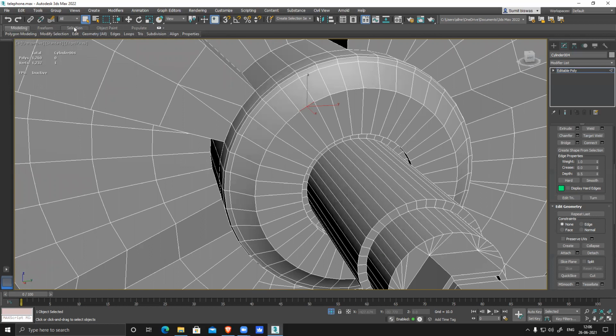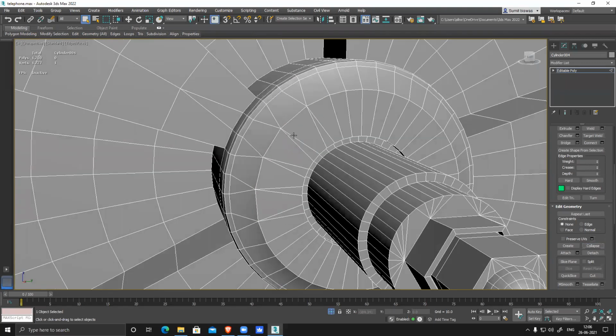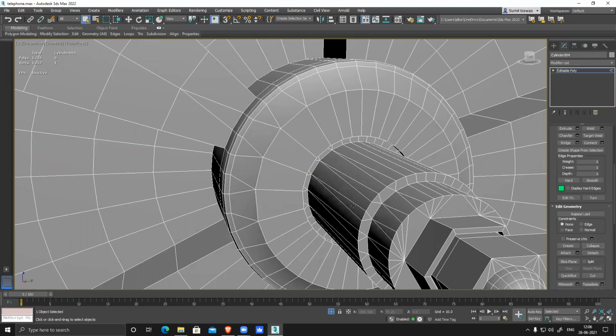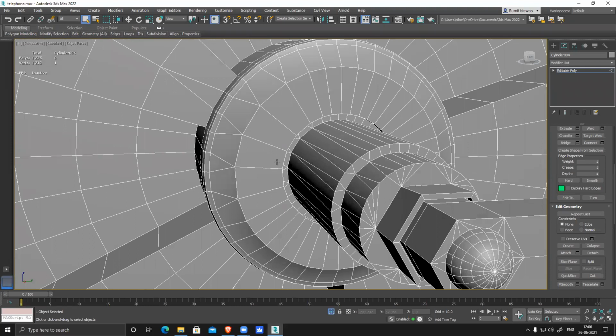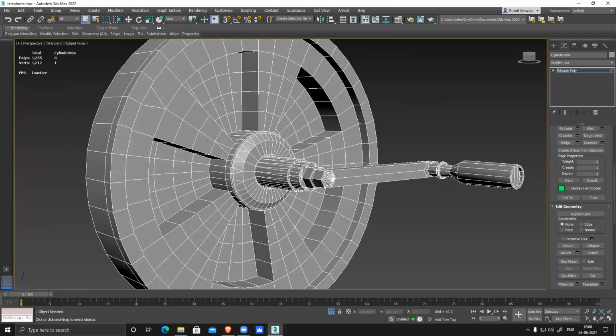Now, here I can select this. I can go to my modeling tab, and use the step option. Oh, it will select this one. Okay, no, I don't want it. So every alternate one I can select here and then collapse it. Similarly, for all this I can simply go to modify selection, select this and collapse it like this. So it will reduce the amount of polygons. From a distance, it will look round only. So there is scope for optimization.